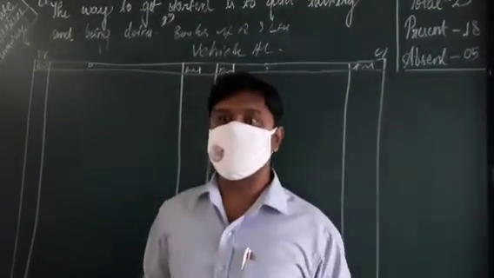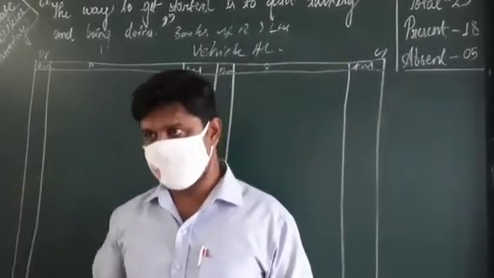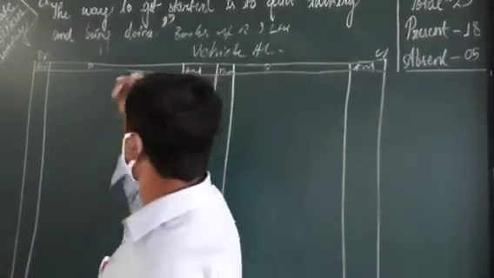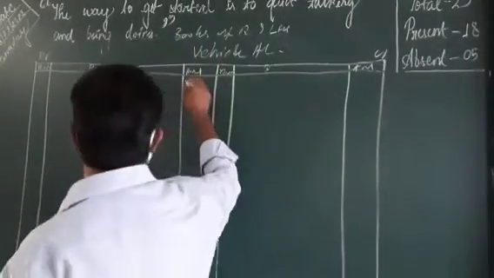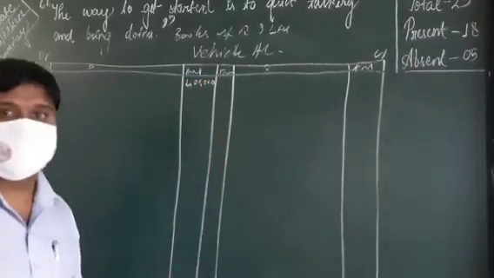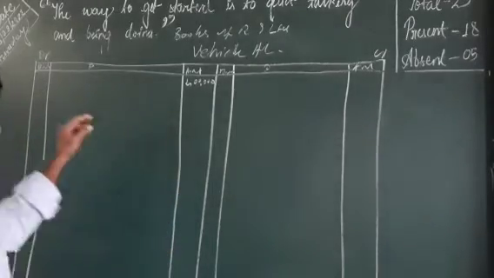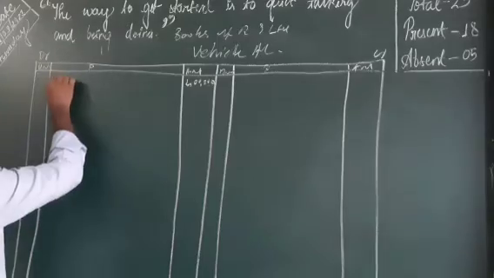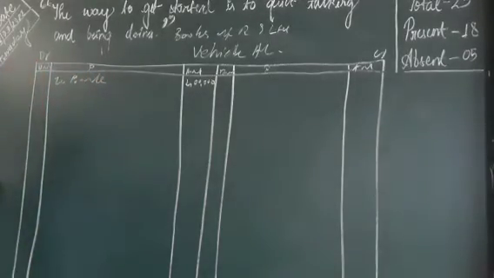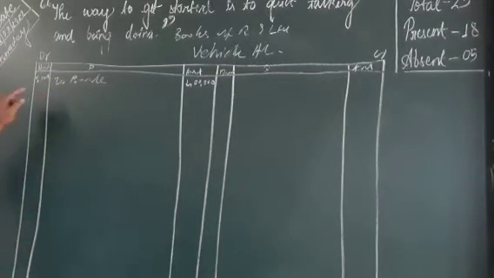When the vehicle is purchased, we write vehicle account debit. How much is the amount? 4 lakh. So on the debit side of the vehicle account, we write 4 lakh. How did we purchase it? We credited the bank account. So we write here to bank. Here we write first year because the date is not given. This is the beginning of the year.